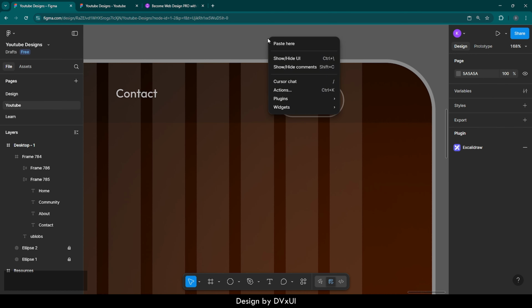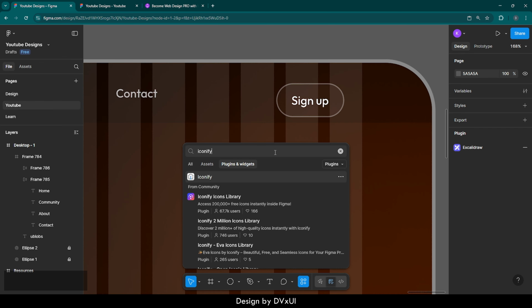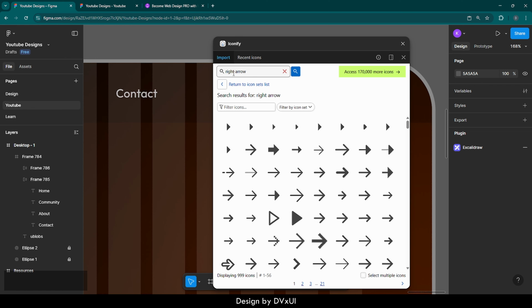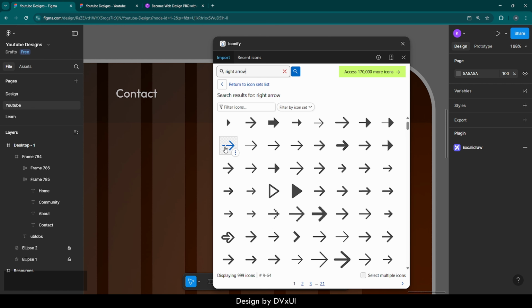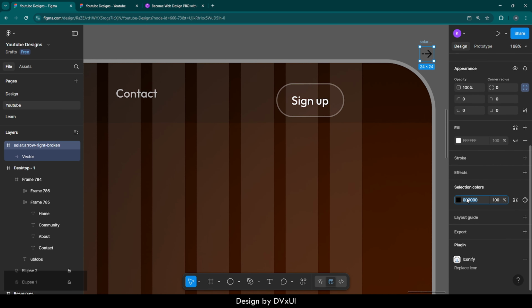So right click on the canvas, go to plugins, then Iconify. If you do not find it, go to manage plugins and write Iconify. Select this one, view details and then run it. Now here search for right arrow. Then select this one, which is the broken arrow. Drop it on the canvas, cross this, change its color to white using this selection color. Now cut it from there,